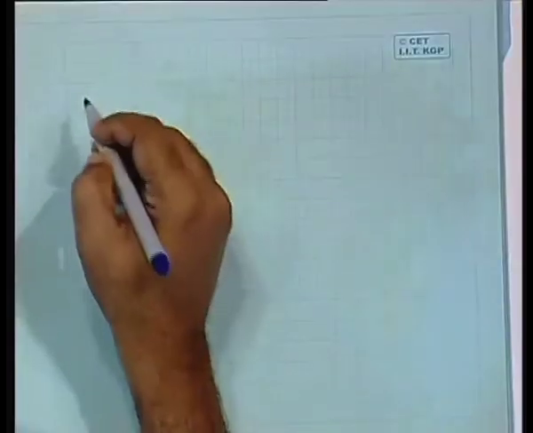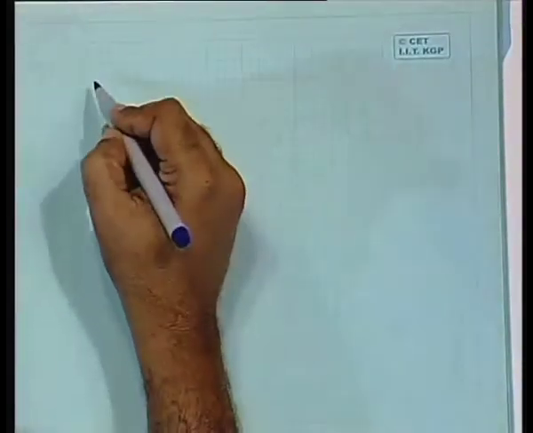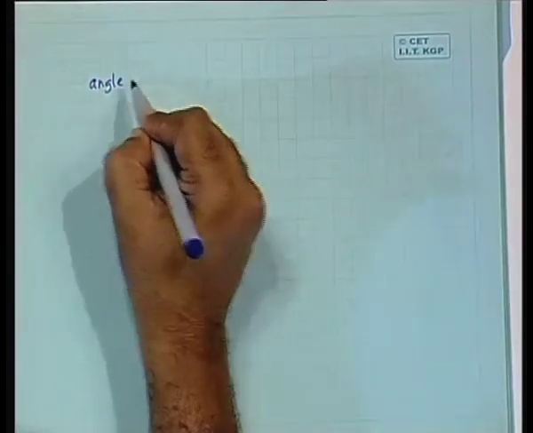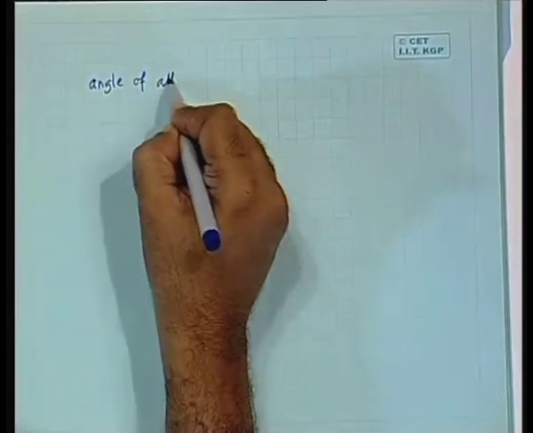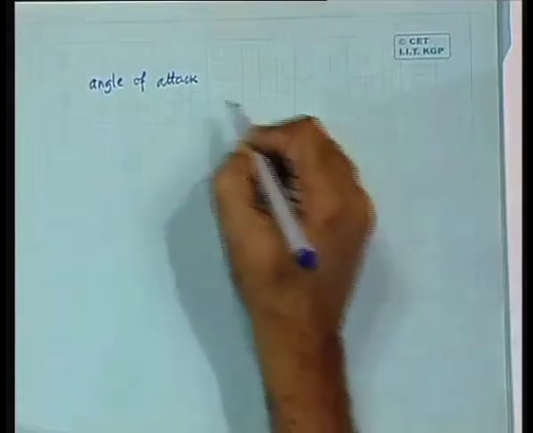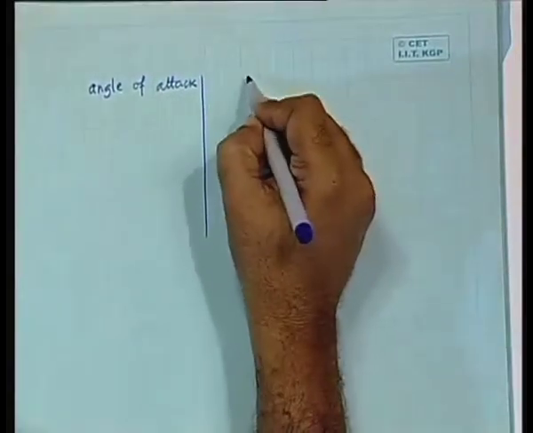Each airfoil has a number, and the graphs and data are often available in the form of the angle of attack